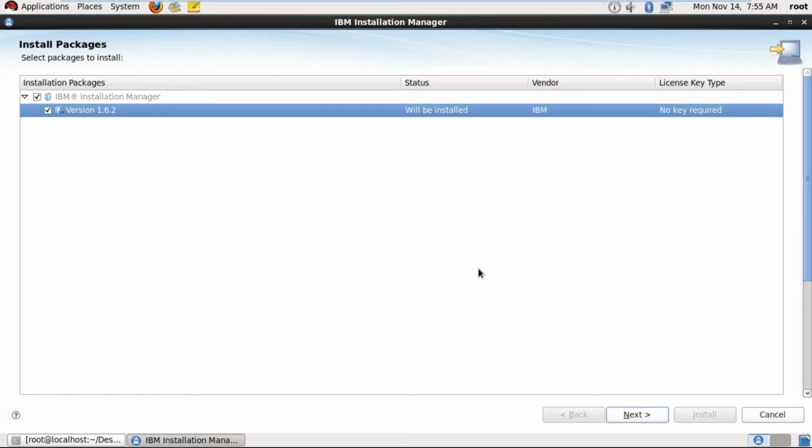So we are going with installation. The version is 1.6.2. Click on next.